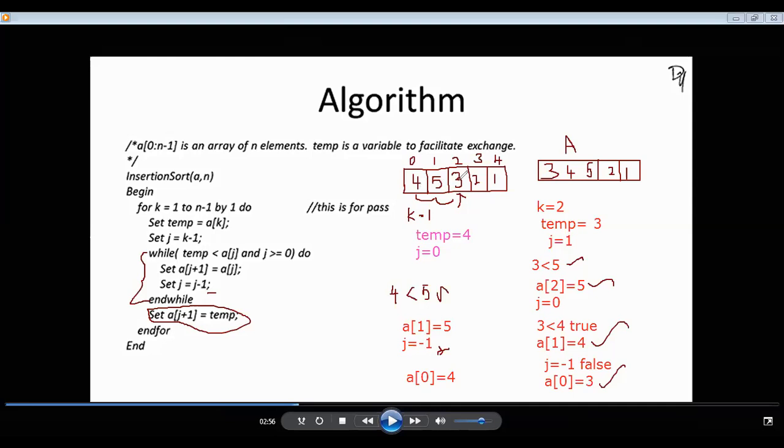So if I take 3, I have to check 5 and 4. If I take 1, I have to check 3, 5, 4. Like this. In the inside while loop, I'm just checking the condition, so I'm just moving the element into its appropriate place. I'm not doing swapping here. I'm just inserting the element in an appropriate place, right? That's it.